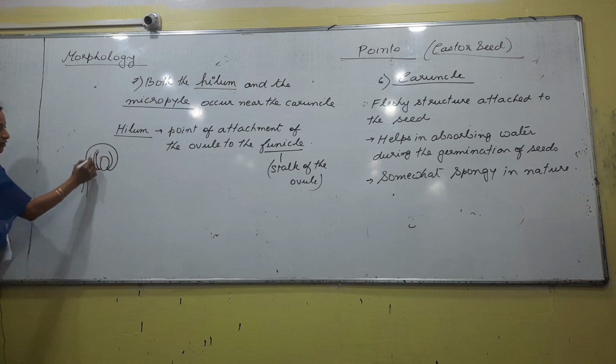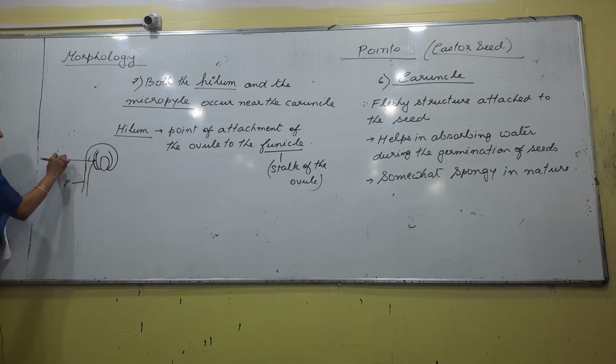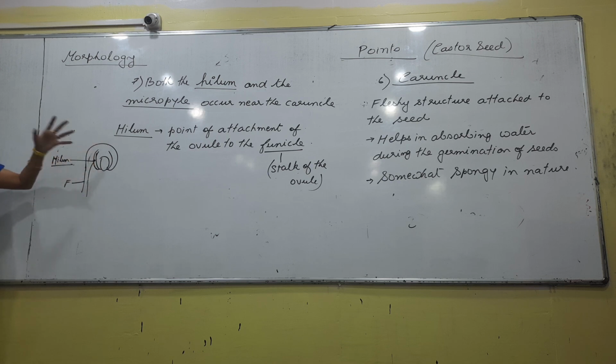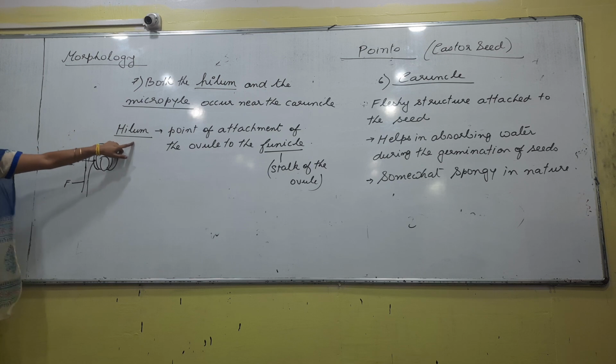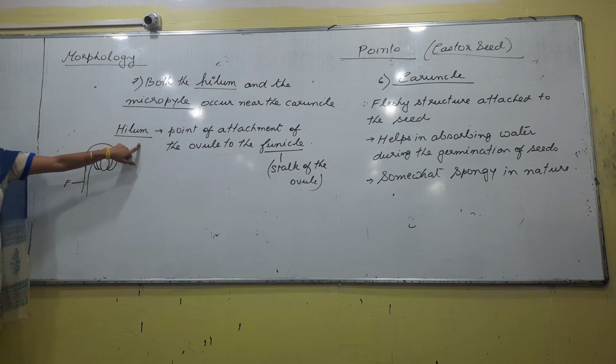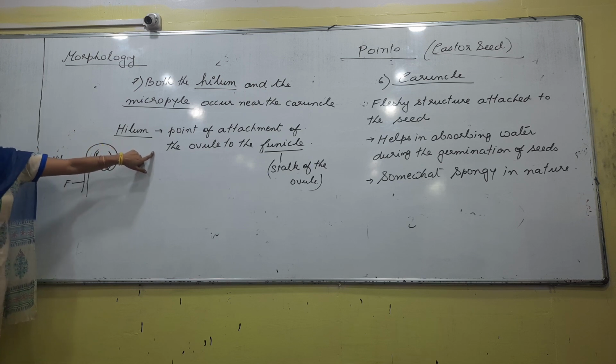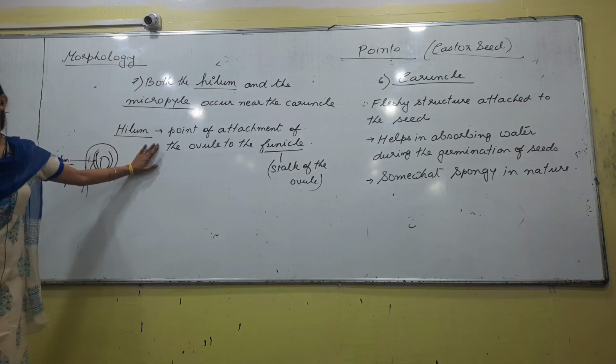This is the entire ovule. The funicle is attached to a portion. That area where the funicle remains attached with the body of the ovule, that is called the hilum, right? We know the funicle is the stalk of the ovule, it has to remain attached with the body. We will hear other words like raphe, hilum, etc., but those are class 12 words, right?